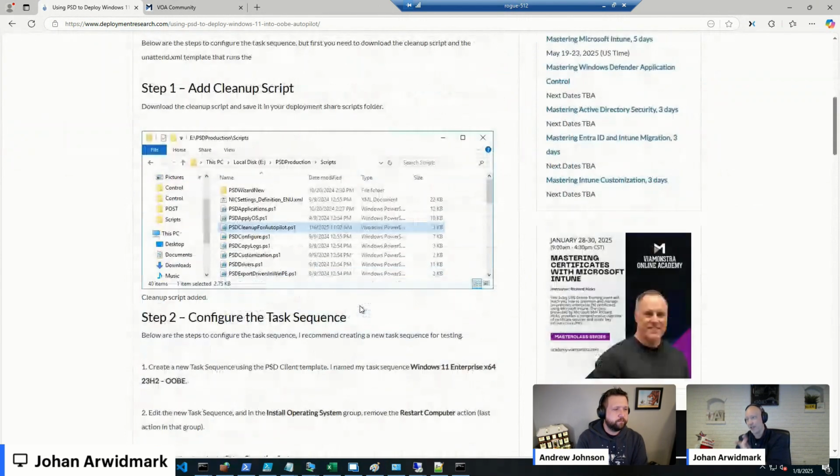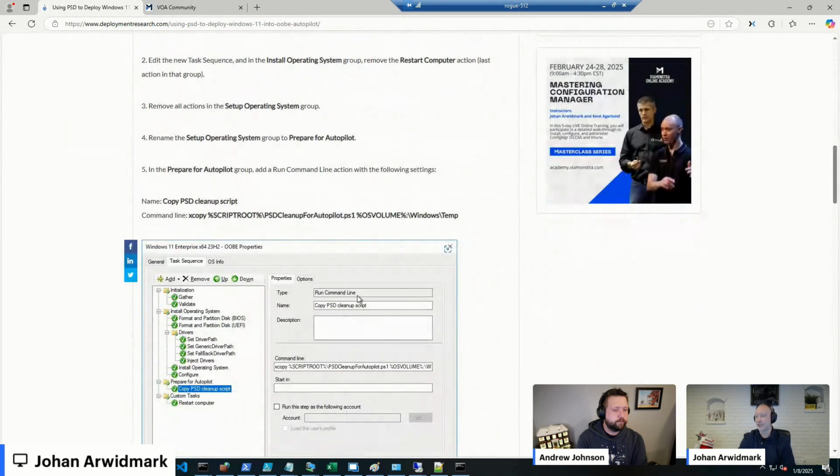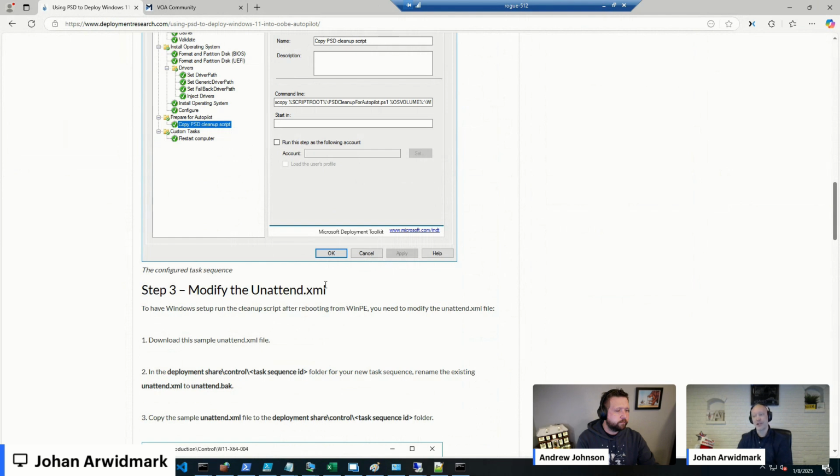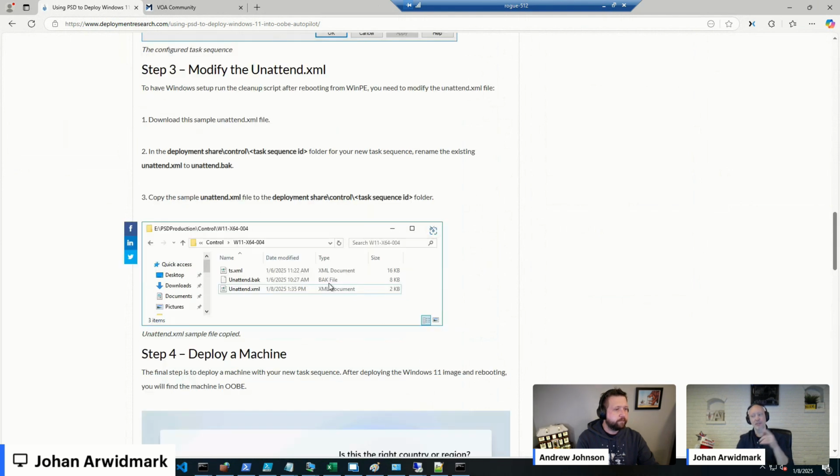This is a script that you add to your deployment share, and then you simply copy or configure your sequence. So copy down that script during the WinPE phase, because the trick to get the machine into out-of-box experience is to make sure you delete everything that is related to the deployment solution that was running it. And I can't do that while I'm running the sequence. But I can copy the script that does the cleanup when I'm running the sequence. And then I'm leveraging another XML file to actually run the script that will do the cleanup after